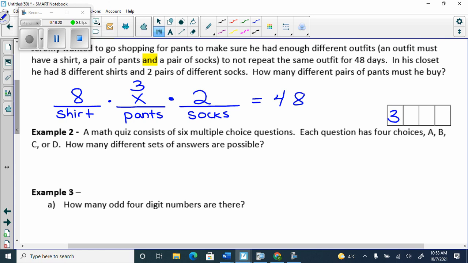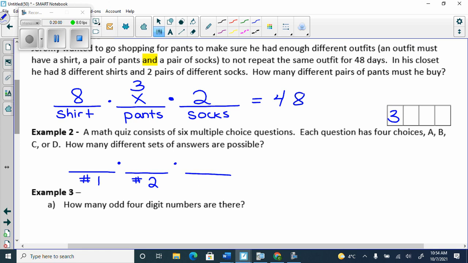So here we have a math quiz consisting of 6 multiple choice questions. How many parts are there to this test? 6. So I'm going to have question number 1, question number 2. Do I have to do both of these? Do you always have to do 1 and 2? You give no options, right? You can't be like, I'm going to do 1, I'm not going to do 2, do 3, maybe 4. Like, it's all ands, correct? I have to do number 1 and I have to do number 2